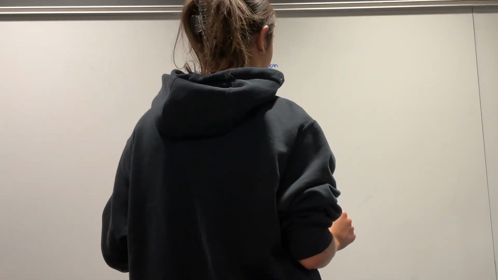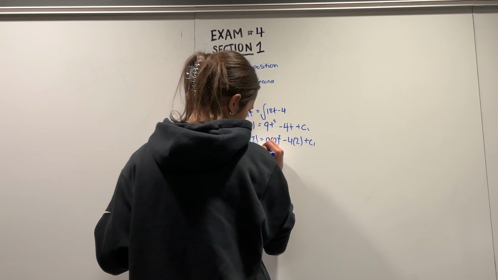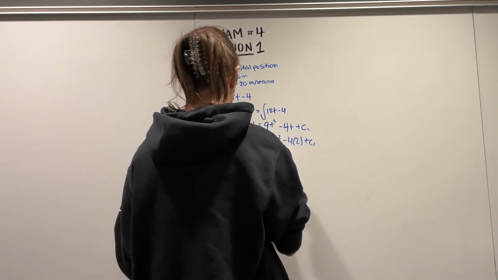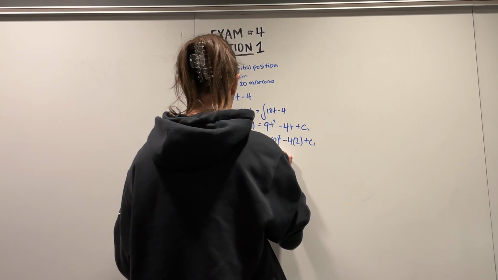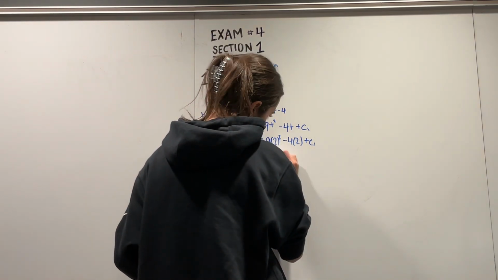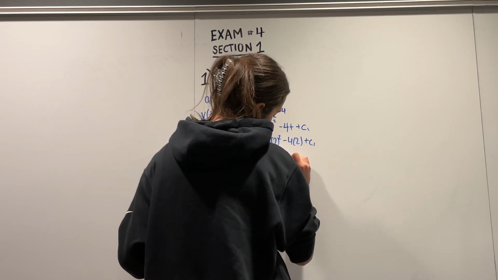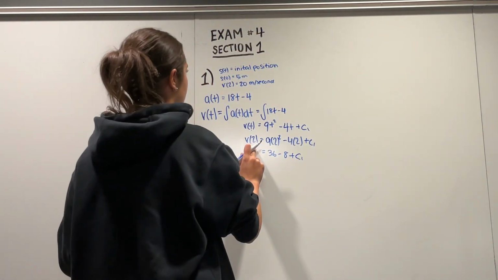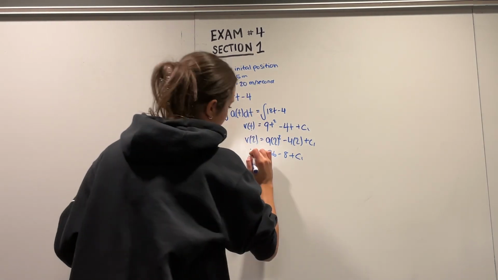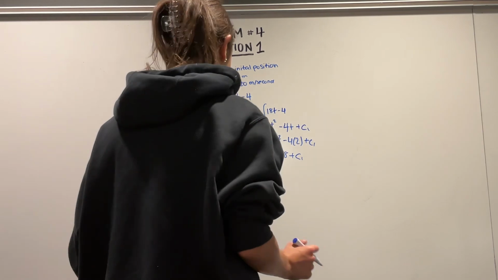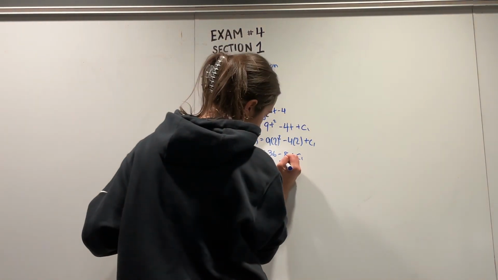And then you're going to get 9 times 4, which is going to be 36 minus 8 plus c1. And then we were told that v of 2 is 20 meters per second, so we're going to put a 20 here. And then we're going to solve for c1, so minus 8,